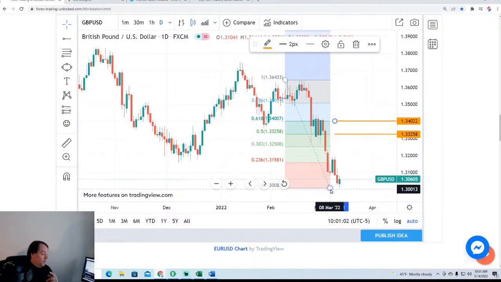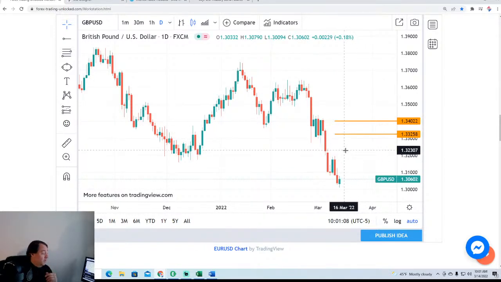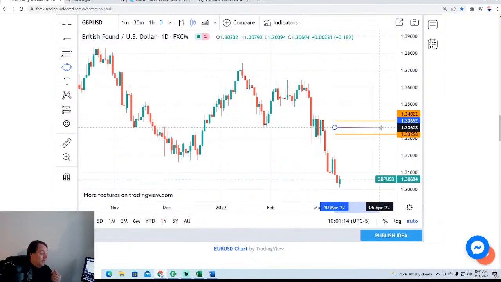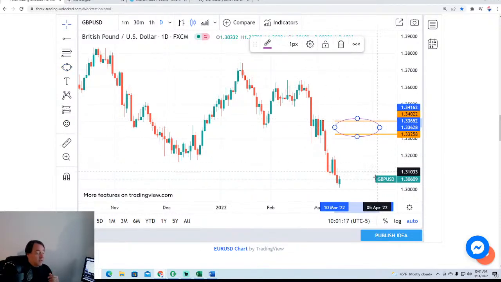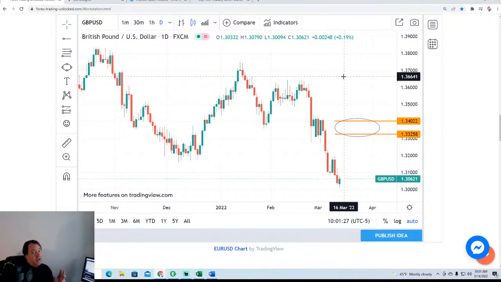Now, remember, the British pound is not like the euro. Could they get a rally back up into this area? It would be a very good area for it to head into. How likely is it that it's going to happen? Well, I think that once we get through Wednesday, it's very likely that we could see an upside correction here. Now, remember, there's divergence in the currencies. So the euro can continue to go lower. The pound can go sideways or even go higher versus the dollar, because this is what's happening now in the